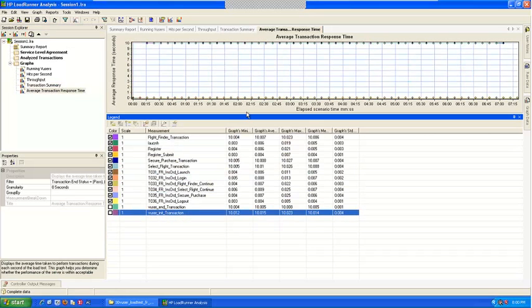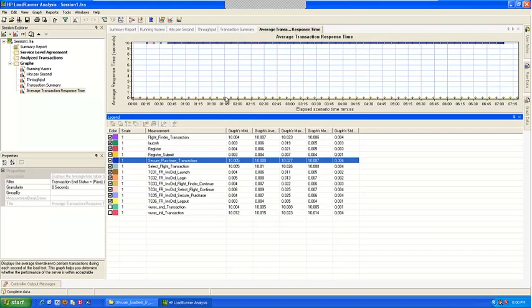You see here, all these transactions are well within the SLA, if you are saying your SLA is 3 seconds. If there is any spike, the transaction will be shown here that it spiked and went above the SLA. So that you can see the graph of how my application was performing.